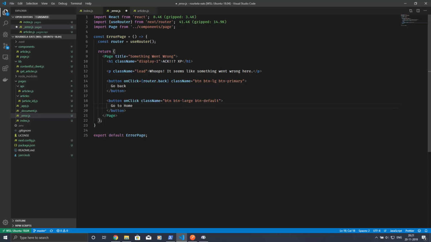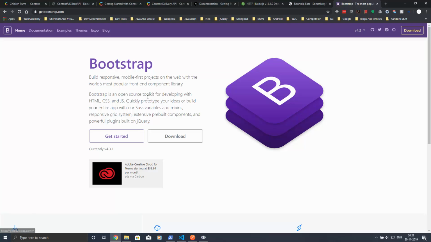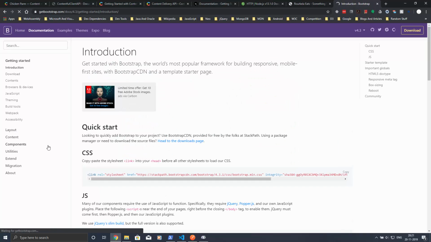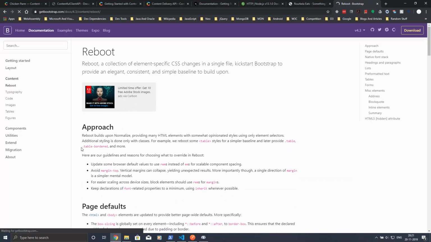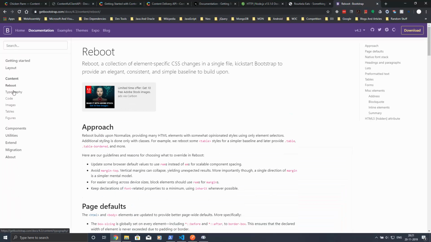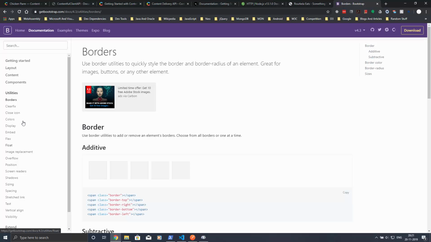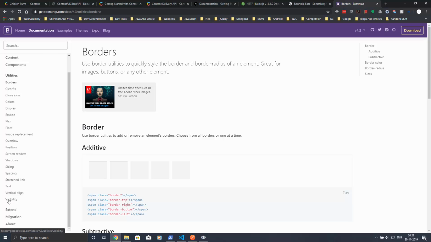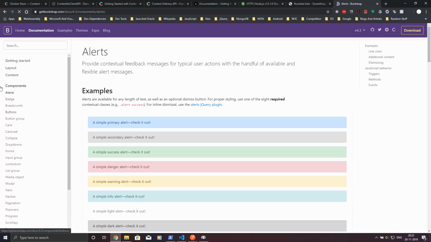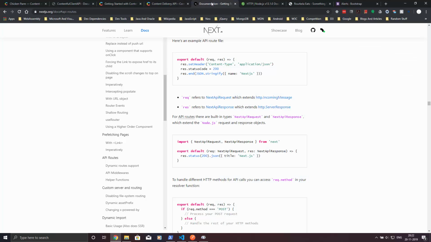Well, this should actually be a link. Let's see if we can get a link to actually look like a button, if it's possible. It should be possible. I'm pretty sure you can make a link look like a button. Where's the content? No, we want components. I always forget. We want components, and there are no anchors. Typography. Is there anything about links? I guess not. Utilities. Anything about links? Nope. I'm pretty sure there was a way to make, okay, never mind. Let's just find out how we can use the router to go back to the home screen,